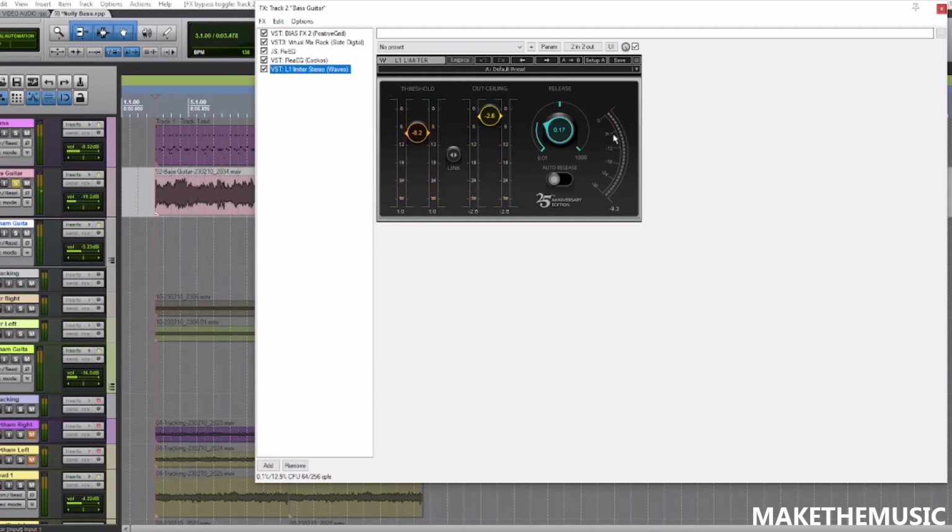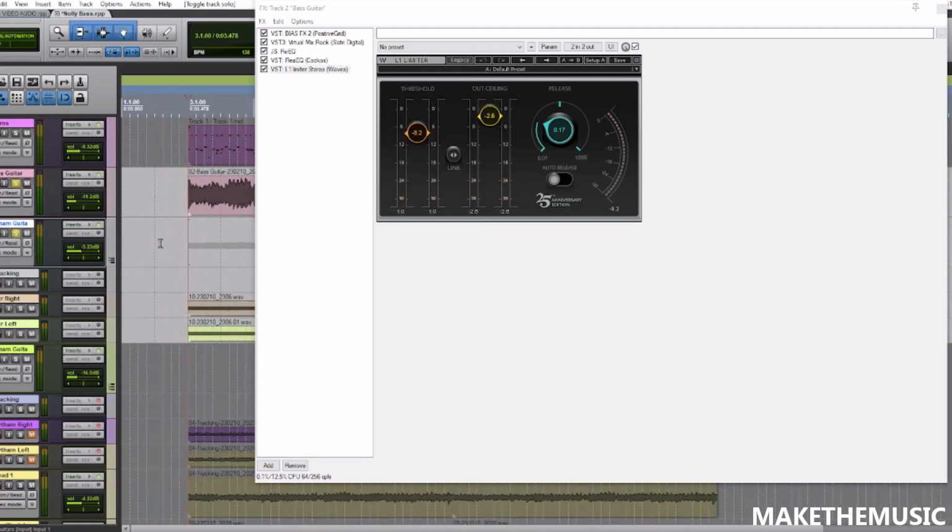So anywhere between 6 to 10 dB of limiting. I have it at 0.17 release, so fairly medium to quick release, and then negative 8.2 on the threshold, and then setting that ceiling where I wanted that bass guitar. Really, it was about setting it where it worked with the track. So if I turn on the rhythm guitars,